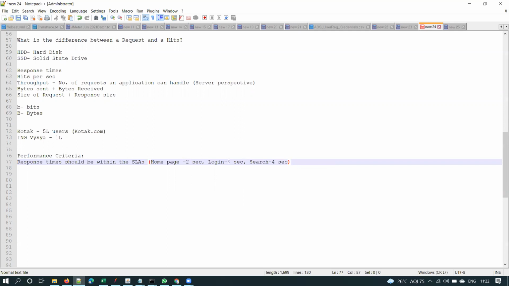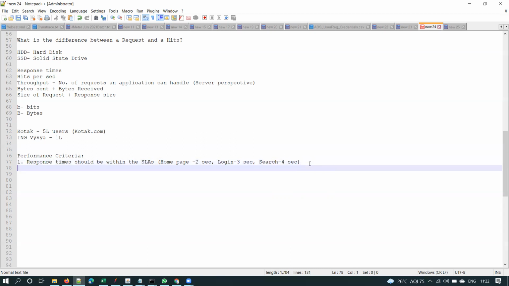However, any application will have certain SLAs like this. Home page should be loaded in 2 seconds, or login page should be loaded within 3 seconds. A search operation should not take more than 4 seconds, something like that. So this is one of the performance criteria, right? So there can be other performance criteria also, right? So for instance,